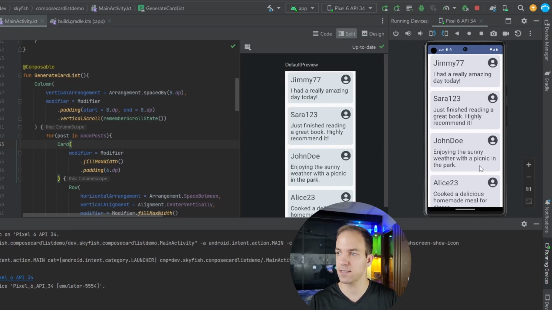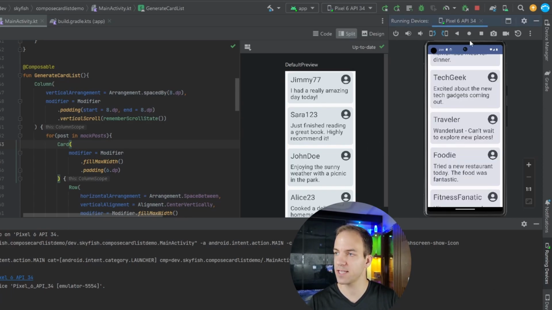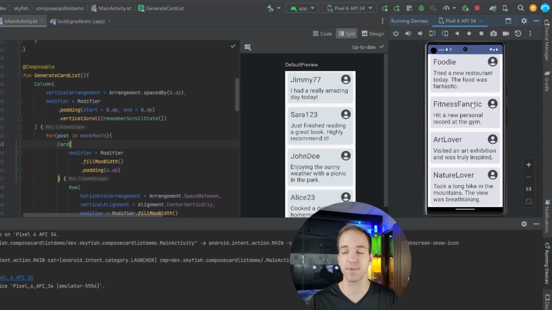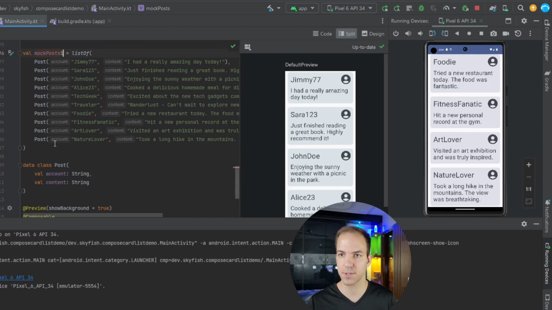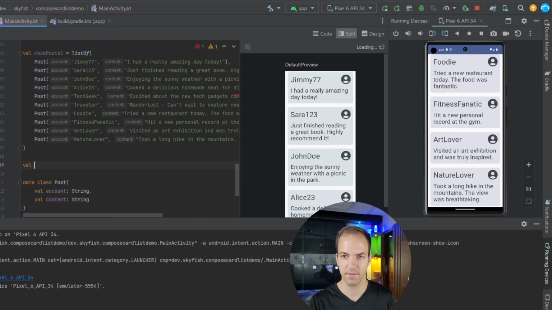So with this list we won't, but presumably these are social media posts or some type of post that can keep coming. So our list with only 10 items right now is totally manageable, but our list can actually get a lot longer here. So if I come down here and say, we'll call this mockPosts1, and then after that we'll say val mockPosts